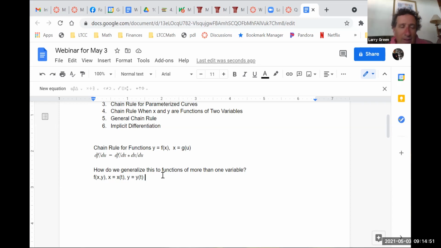The fractions are going to be hard. Can you think of a way to make it work? Because we want df over dt. Any questions on the idea? What's the problem with just looking at the chain rule for functions in one variable and making the fractions cancel, and then you're done? Can you just say equals with a question mark? Is df over dt